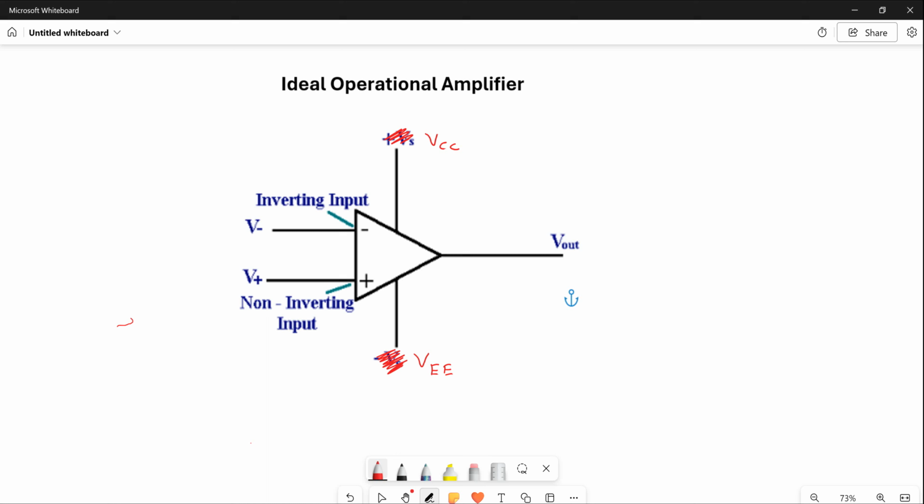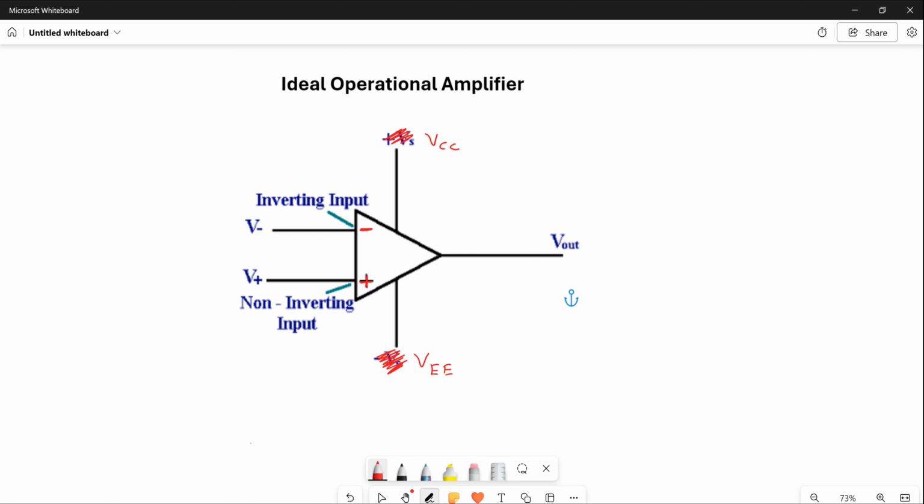I want you to notice it has two inputs. It has an inverting input. The inverting input is the negative input. Remember that. It's something you just have to memorize. The inverting input is the negative input, and the non-inverting input is the positive input down here. The inverting input has a voltage that we're going to label V minus, and the non-inverting input has a voltage we're going to